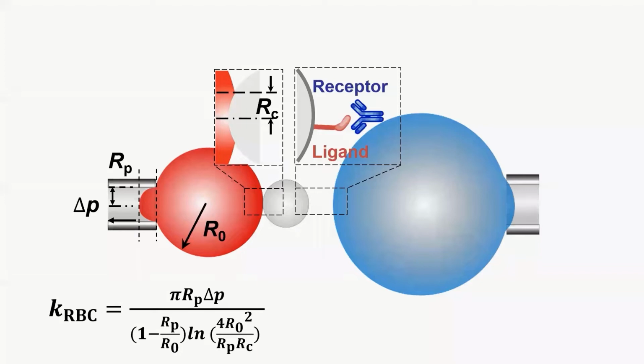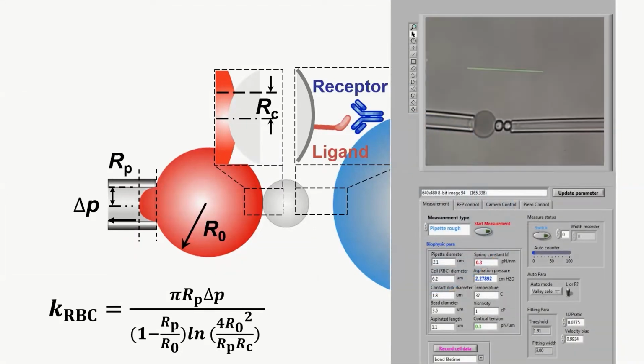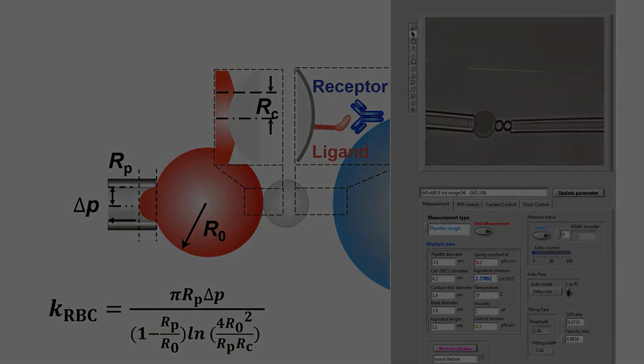The BFP raw data is obtained by a homemade LabVIEW virtual instrument, which controls the movement of the target micropipette by a piezo translator. A full BFP